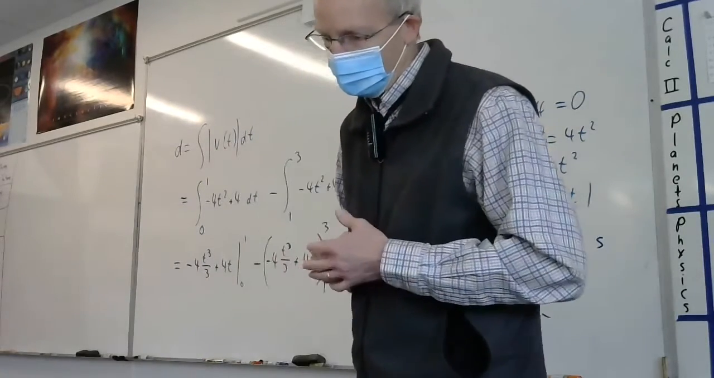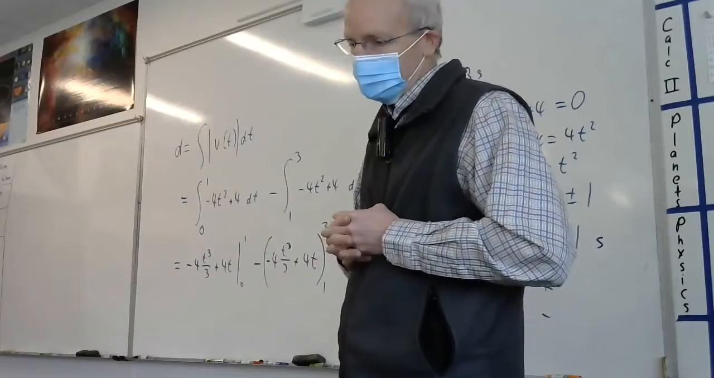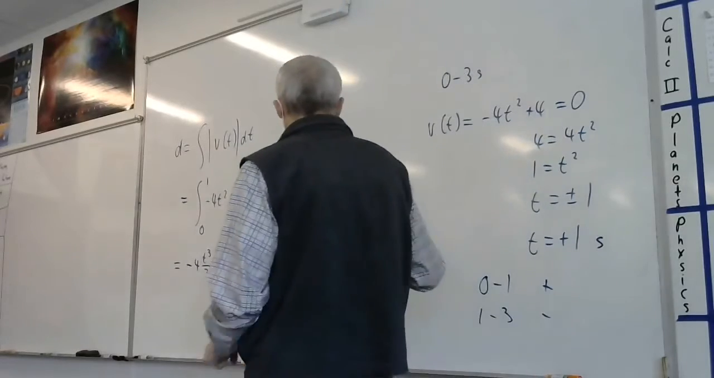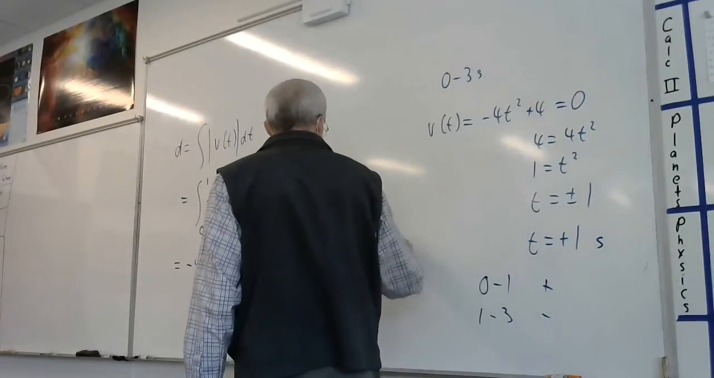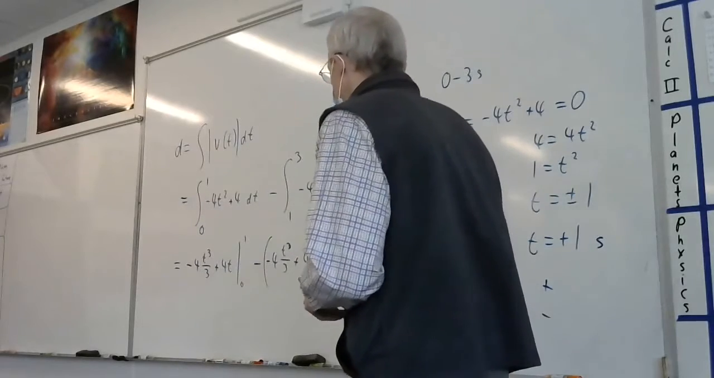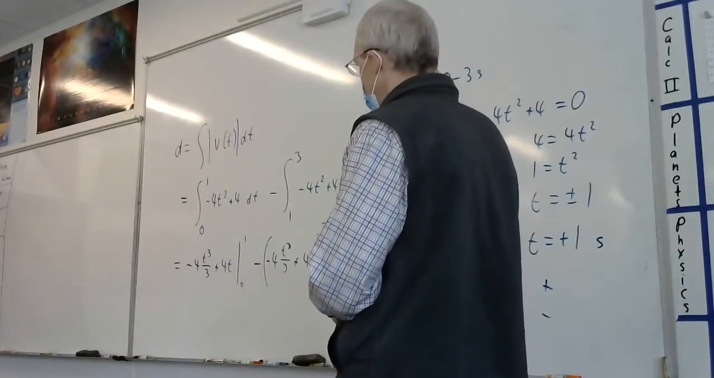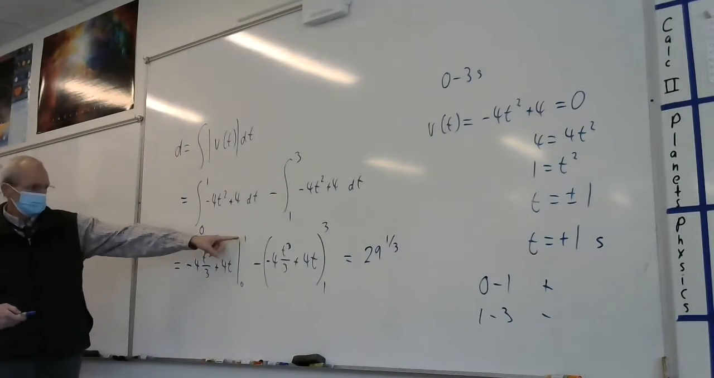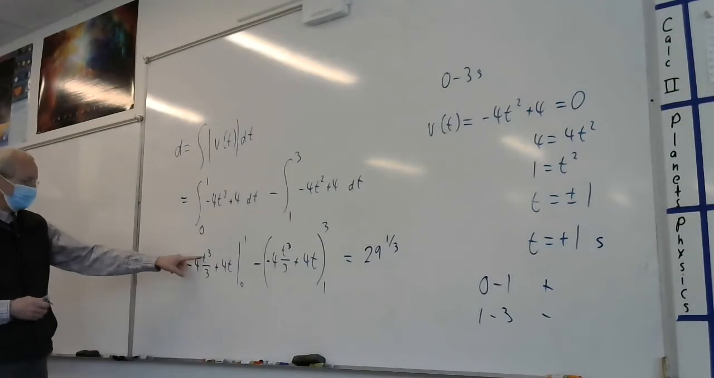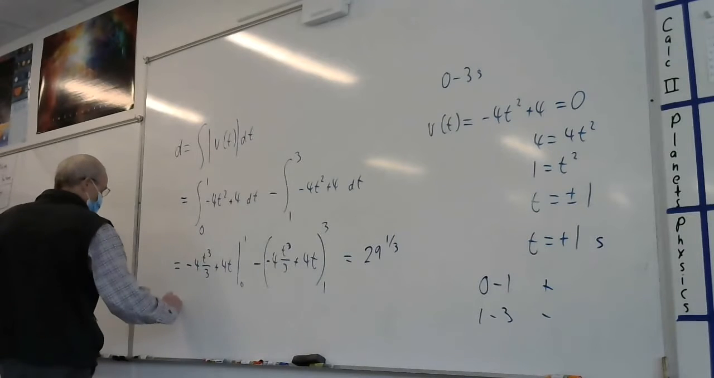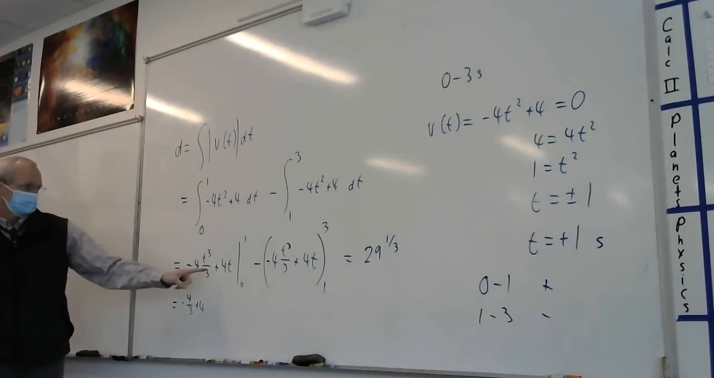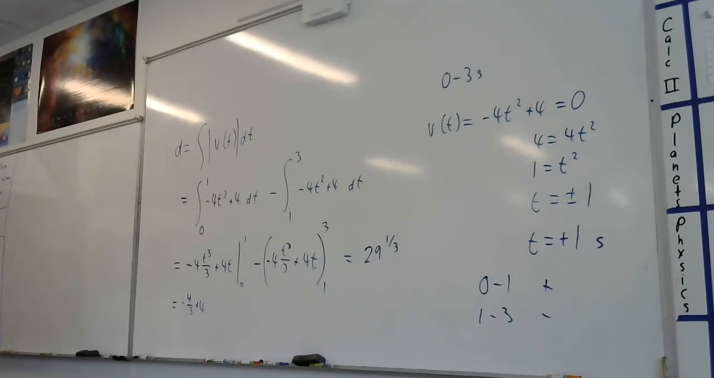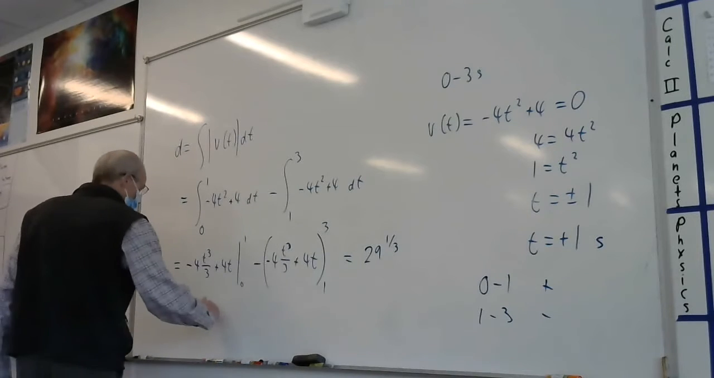You work through all that, you don't make a mistake. I got that it's 29 1/3. So you plug all those things in, you plug in 0, you plug in 1. Obviously 0, let's just do it to make sure I did it right. So if you plug in 1, you get negative 4/3 plus 4. Plug in 0, you get 0, that's easy. Negative 4/3, yep, t equals 1. Okay, then minus,